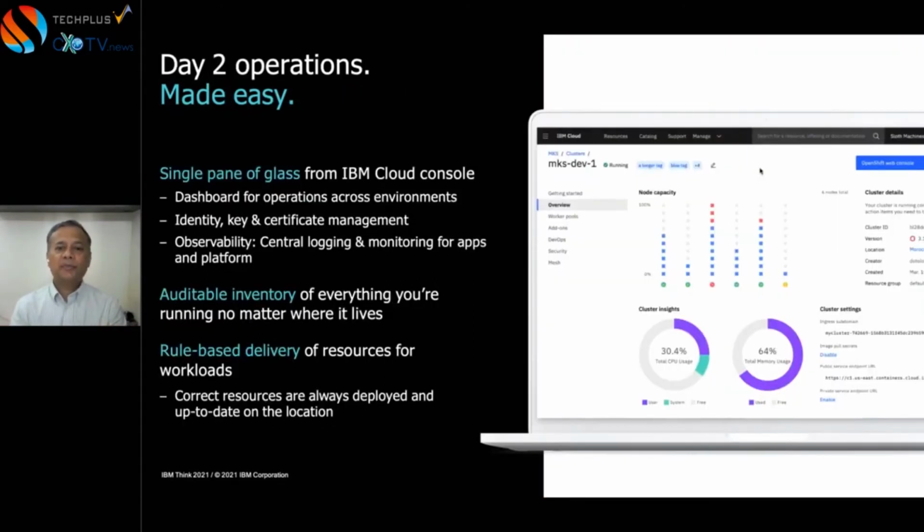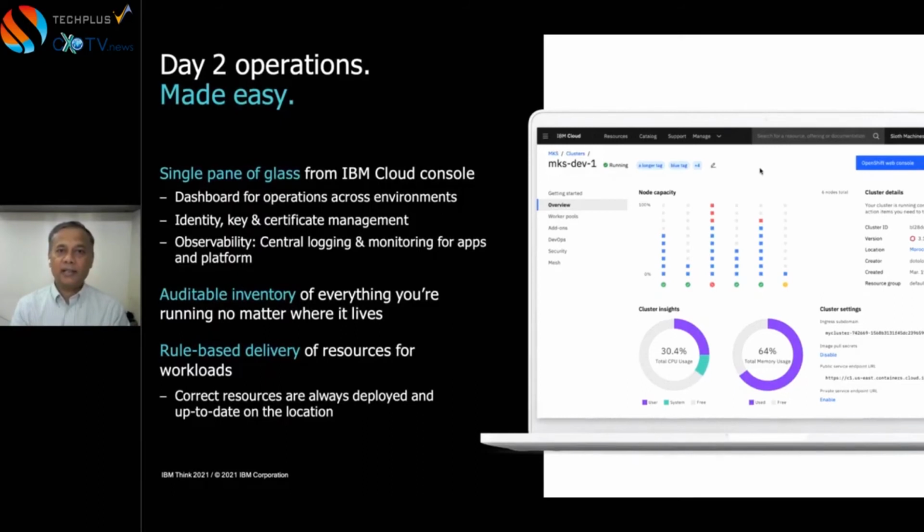So here's a quick screenshot of how Cloud Satellite looks. The piece of software that runs within your IT, that concept is called a location, and these locations get registered onto IBM Cloud. So if you go to cloud.ibm.com, once you log into your catalog, you will start seeing these locations available for you, and you can start deploying IBM Cloud services that are ready for Cloud Satellite onto these locations. As you can see here, you have full control over the capacity, the hosts, how many CPUs you want to utilize, which application should run on what node, and what version of Kubernetes you want to run. All of that is available from a single pane of glass